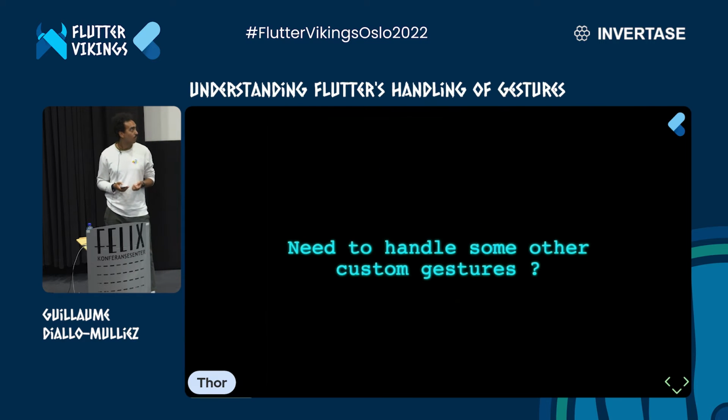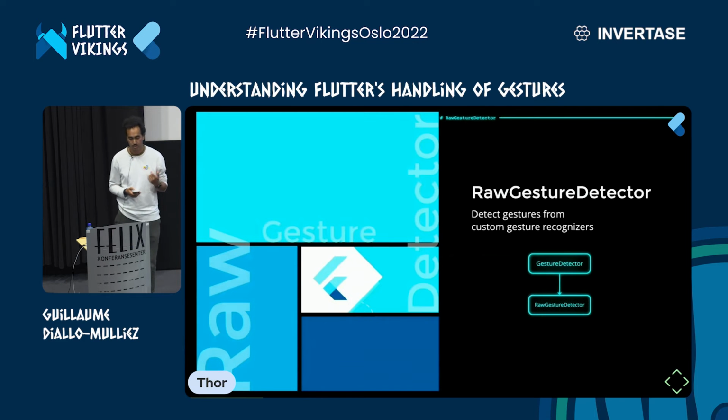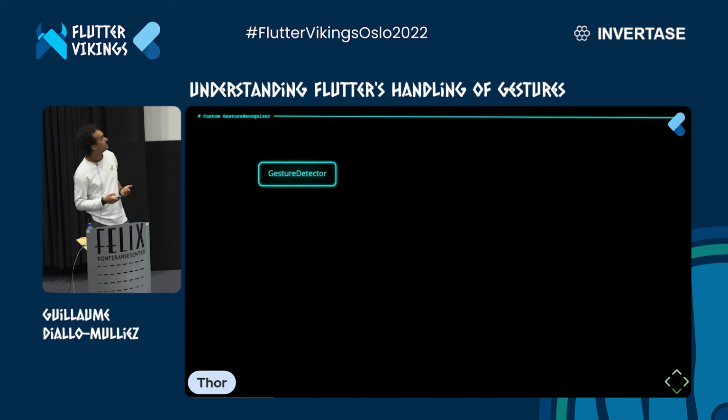So what if you need to handle something else? What if you need to handle custom gestures that are not usual and already supported by Flutter? Then I would suggest to go a little deeper and use the raw gesture detector, which is the widget actually used directly by the gesture detector. And its particularity is that this raw gesture detector